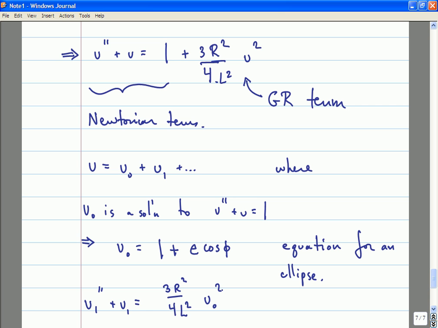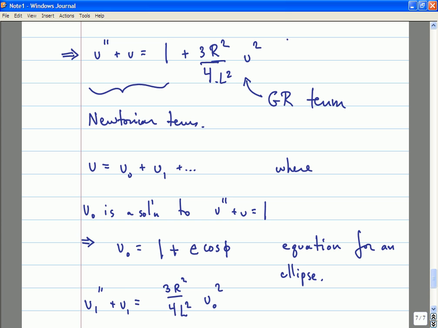Is that clear? I'm just viewing the equation. So the full equation of motion in general relativity is some horrifying nonlinear equation, which is very hard to understand precisely. So I'm just approximating it as a conic section, an ellipse, plus a small correction. And that small correction is determined by solving this equation with, on the right-hand side, the ellipse taken as the